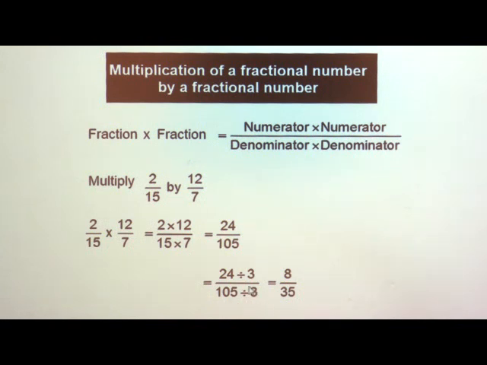So, we had reduced it by the division method, and whatever the fraction we got is 8 upon 35. This is how we multiplied a fraction by another fraction. When two fractions are multiplied, the product or the fraction we get at the end after solving the steps is 8 upon 35. I think you understood multiplication of a fraction by a whole number as well as multiplication of a fraction by a fraction.